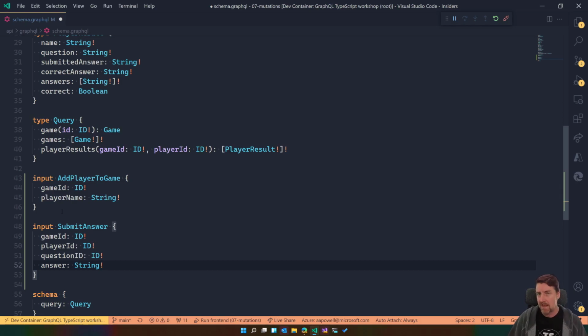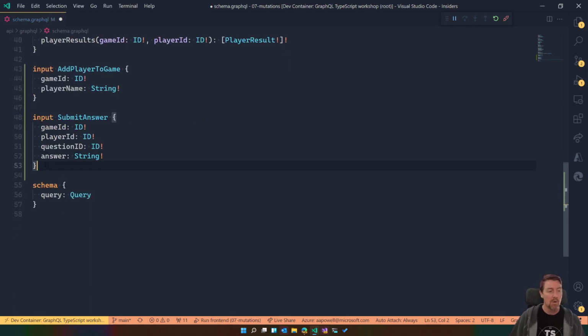So we're kind of forcing that they have to give an answer, or the downstream client that's calling this has to give some sort of an answer. And now we're going to create a mutation type, similar to what we did with query, where we defined the entry points into this. So we go mutation,